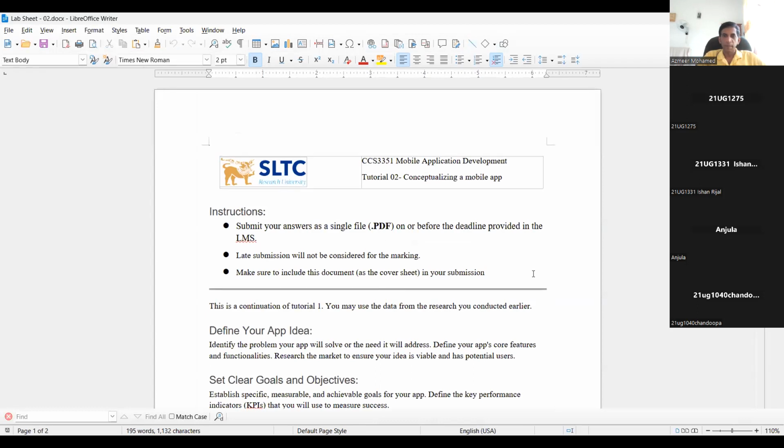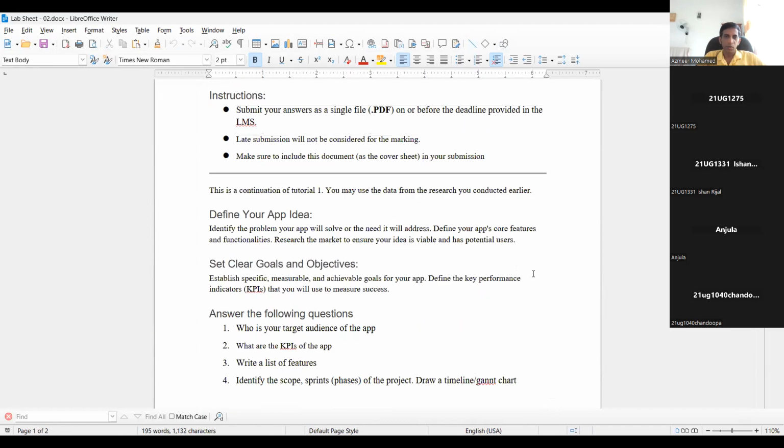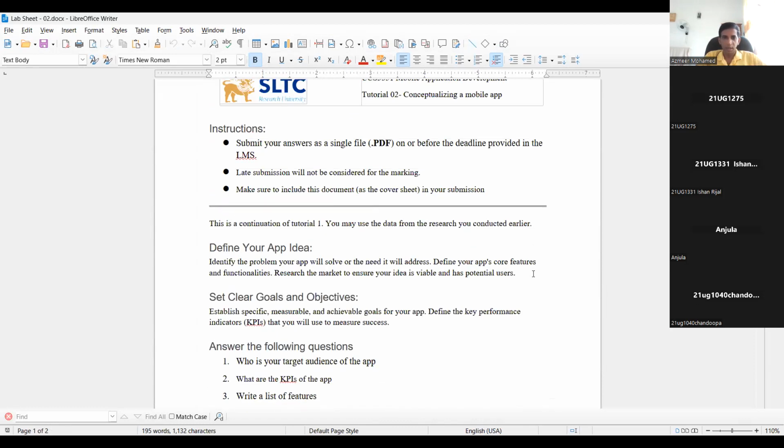So this one is about conceptualizing, right? What is conceptualizing? Last week we looked at mobile application areas, like what the applications are and how people use them. What is required here was for you to look at all the available to-do applications, because we can't be looking at all kinds of applications. So I thought we'll put some focus on one type, and you can be very creative because there are so many different ways of doing the same application, right?